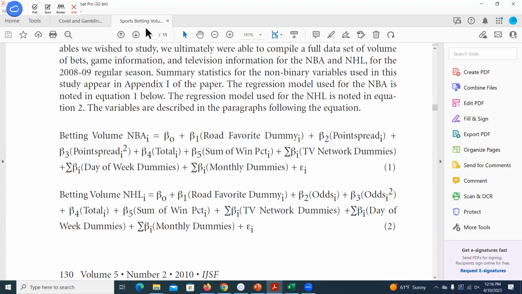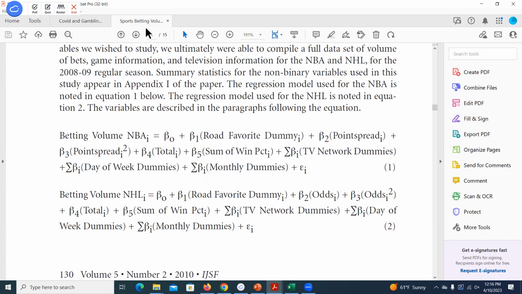This is a nice paper. They write out what their regression is for us, right? What they're interested in is, we just talked about how betting behavior by the general public can influence the lines. If too many people or too much money is getting put on one side, you'll start to see those lines adjust. So if I was trying to make money, what I might want to do is look at what things are causing people to incorrectly bet on one side, right?